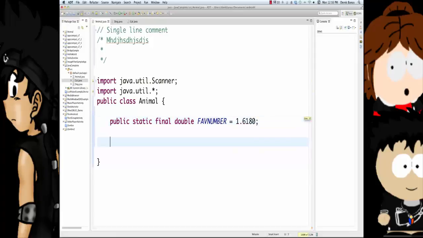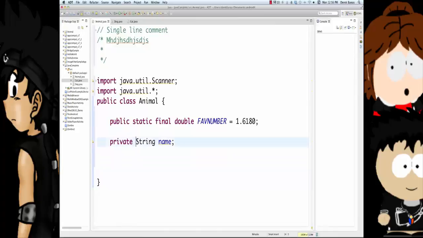1.6180. There you are. Now variables or fields can start off with either a letter or an underscore or a dollar sign. But more than likely you're going to start them all off with letters. I'm going to define now a private field. And by putting private on there, that basically means that it can be accessed only by other methods in the class, and that's it. It's a very good idea to have all of your fields labeled as private. That way you can keep people from going in there and willy-nilly changing them.